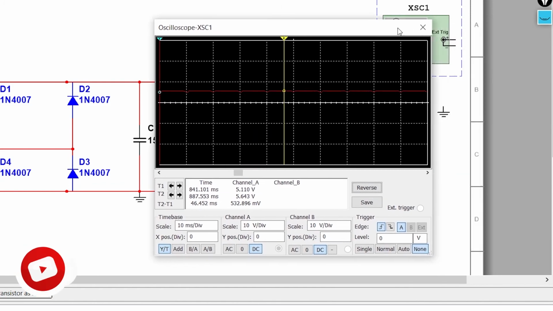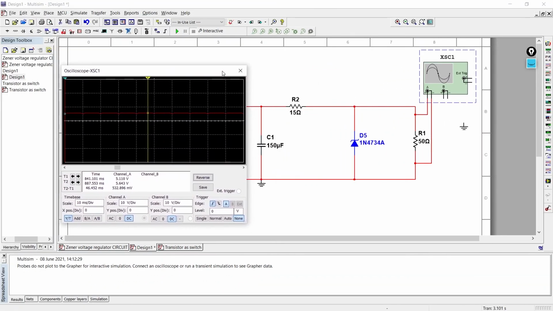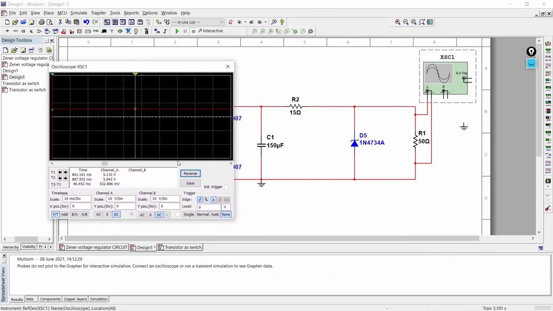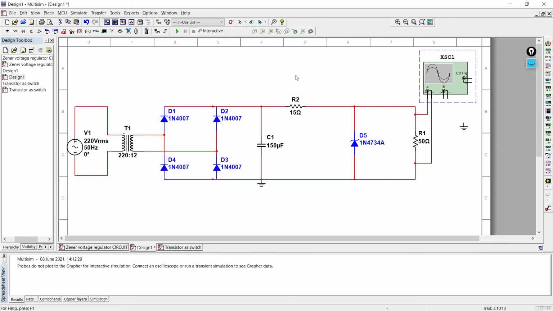It varies between 5.23 volt to 5.6 volt. So from the output, it is very much clear that our designed voltage regulator is working perfectly. So from these step-by-step guidelines, it is very much clear that this is how you can design a Zener diode voltage regulator.